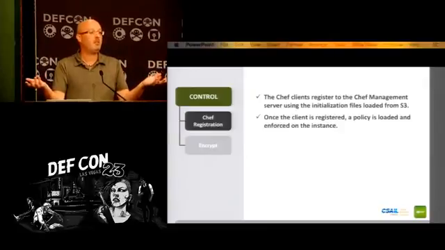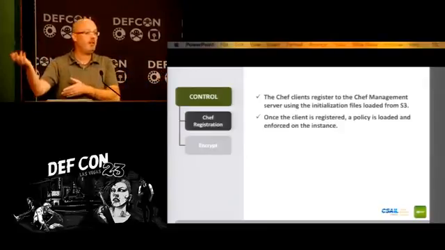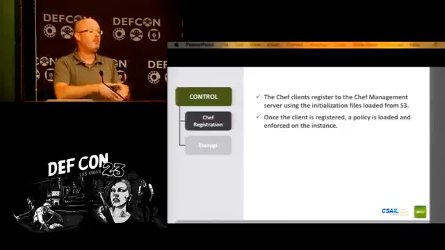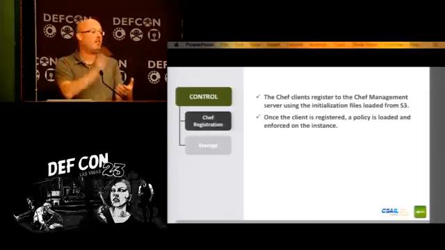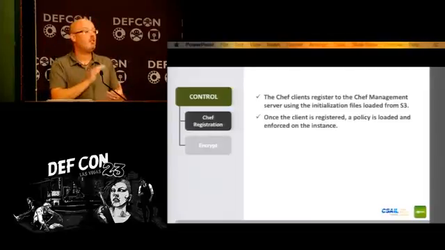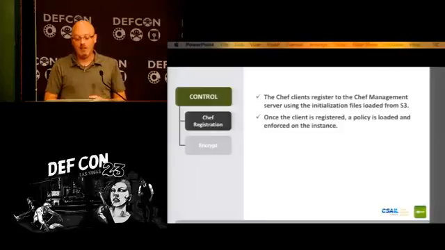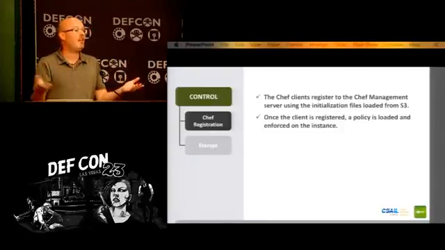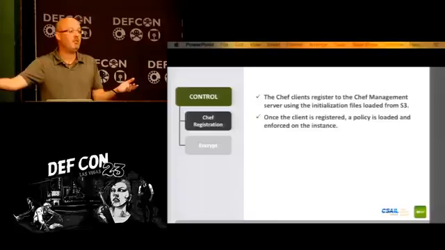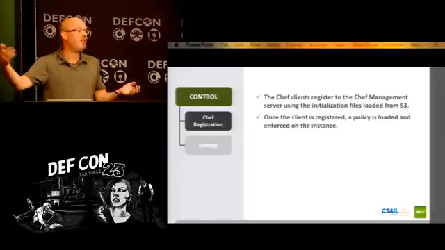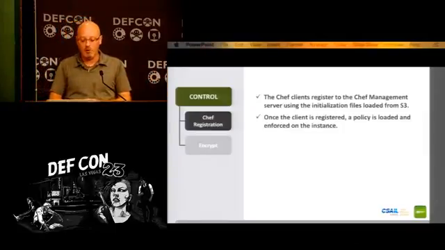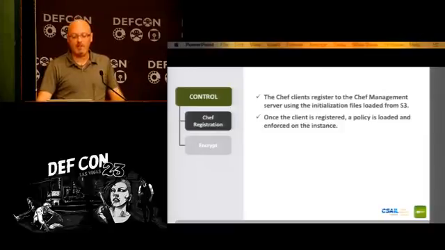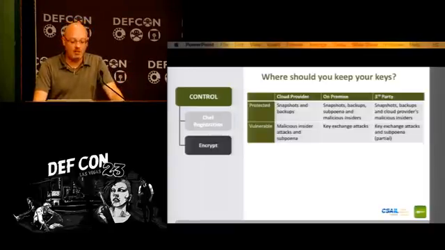Chef, again, is a configuration management tool. In Chef, you build a recipe. A recipe is basically a list of packages and commands that you want to run. We attach the recipe to the servers, and then it downloads everything we need from the security point of view. There are a lot of Chef recipes on GitHub or elsewhere. You can use them to automate almost every aspect of your operations. So once the client is registered, the policy is downloaded, and then